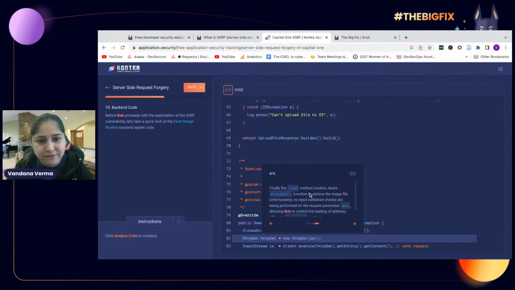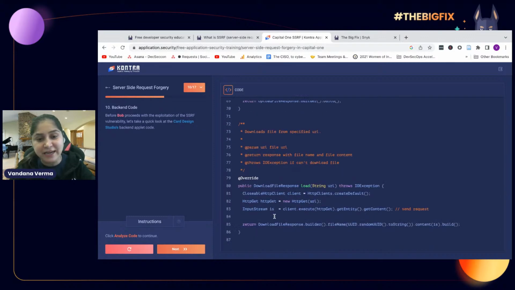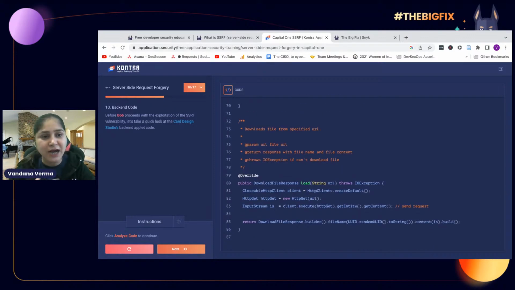Now here, finally, we are able to load the method. In the whole process, there's a URL being called, the input is being taken, sending it to the function, and then it's downloading the image or uploading the image. Now that's done. This simple. Did we see any input validation anywhere? In the whole section, I could not see any input validation in the simple code.